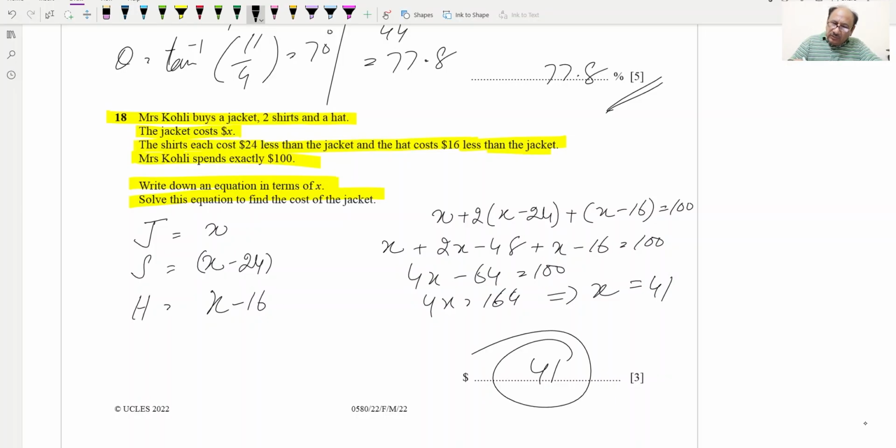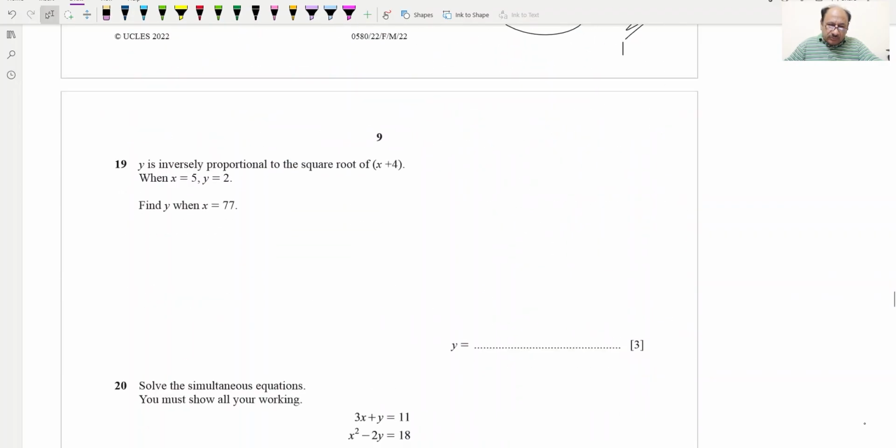We can even replace value of x as 41 in this equation, and we should get 100 on the side. So hopefully you can check this also. This is 3-mark question which is done. Now question number 19, and question number 19 is